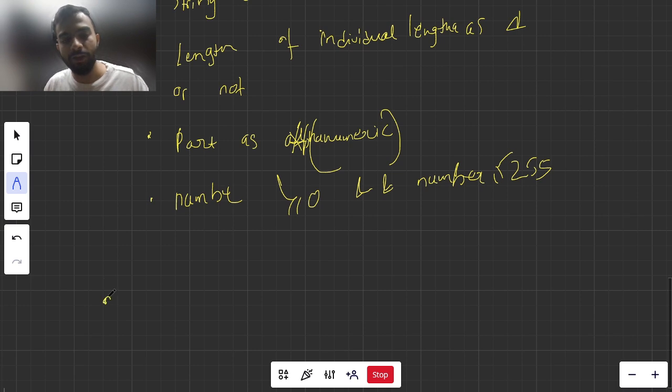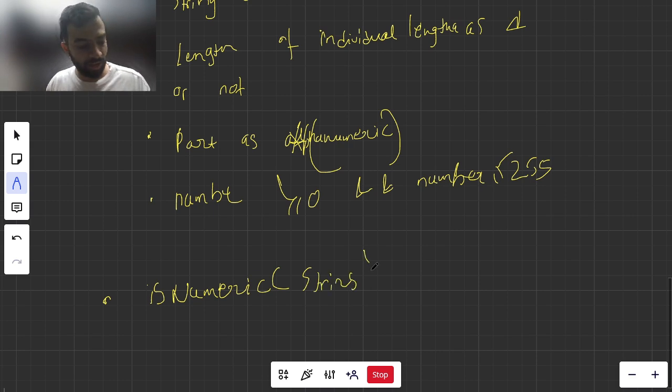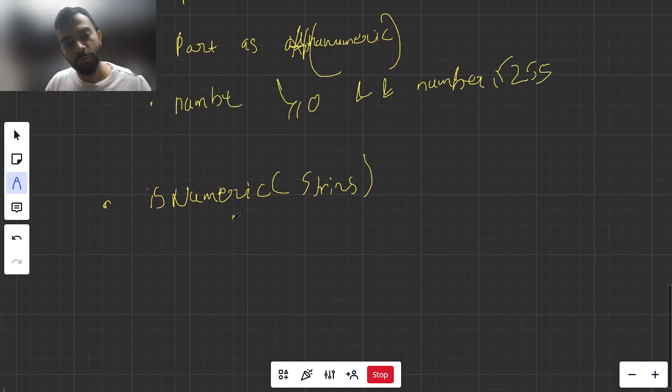Now I'm going to make another function which checks whether it's a numeric value or not. So I can call this isNumeric. In isNumeric, what I'm basically going to do is pass the string, and then convert